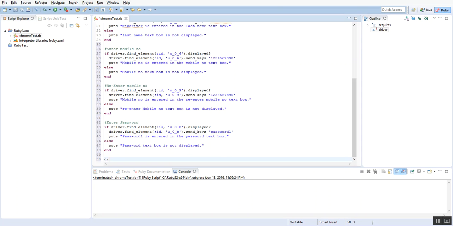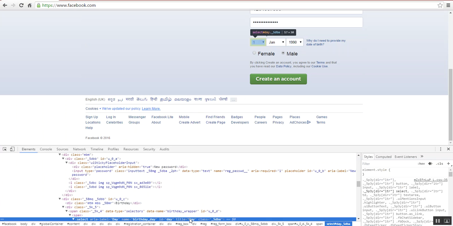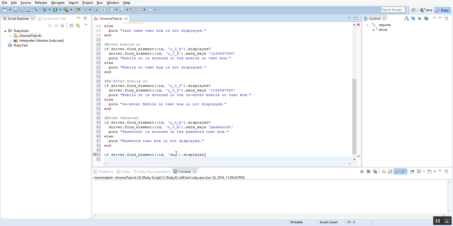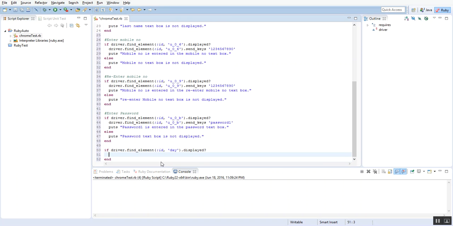So I'm just again typing driver dot find element. I'm going to type ID, and the ID name is, let's say, day. So I'll just type day. I'll first check whether it is displayed or not. If it is displayed, I'll go inside this. It means we are able to perform our operations over this. So I'll go inside this. If it is displayed, I'll check for all the option tag names, which have the tag name as option. So I'll check driver dot find